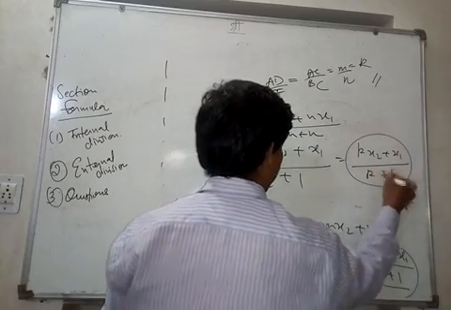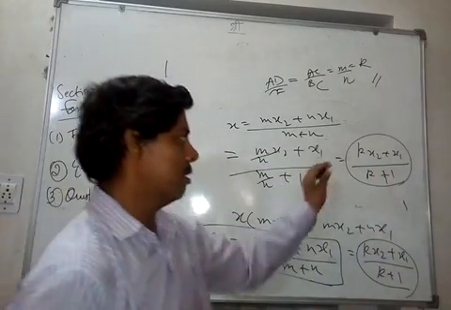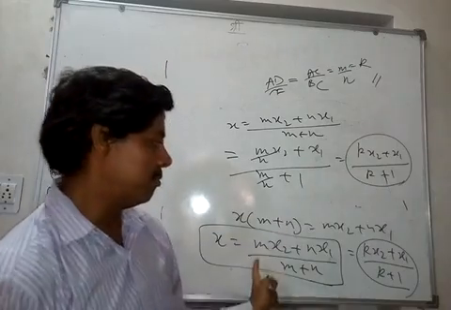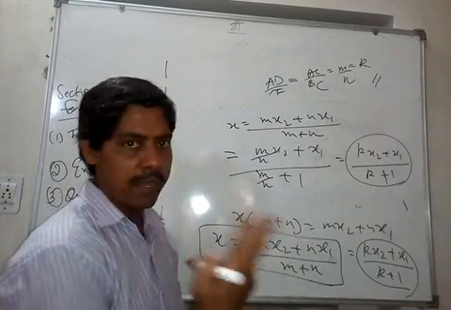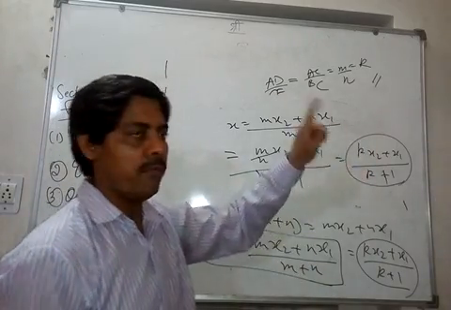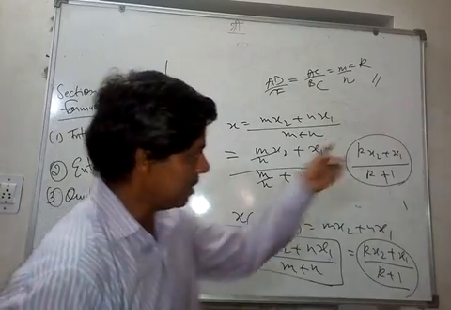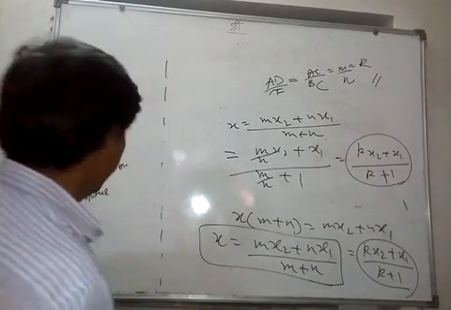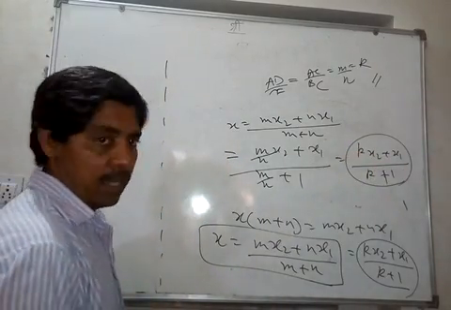So sometimes this is easier to apply in questions rather than this one with m and n, because here there are two variables, m and n. Here there is only one variable, k. Sometimes it is easy to learn it this way. Okay. So this is the formula for internal division.